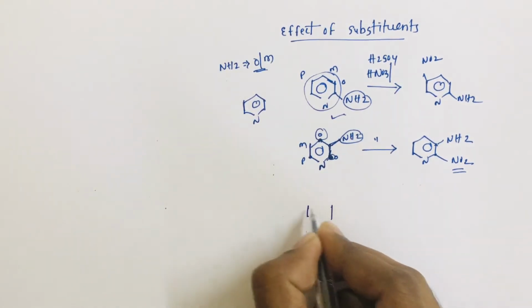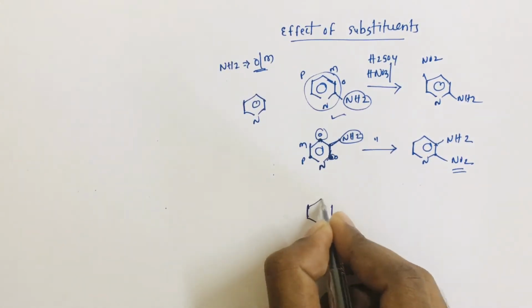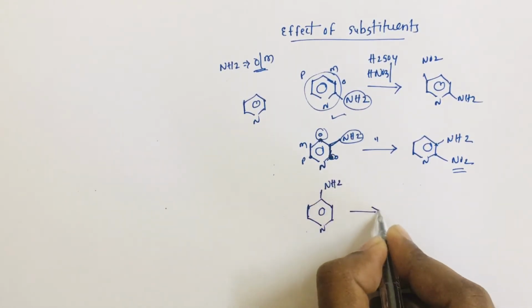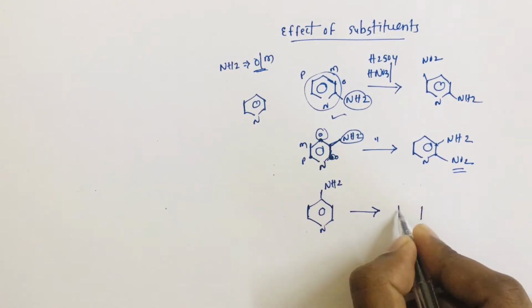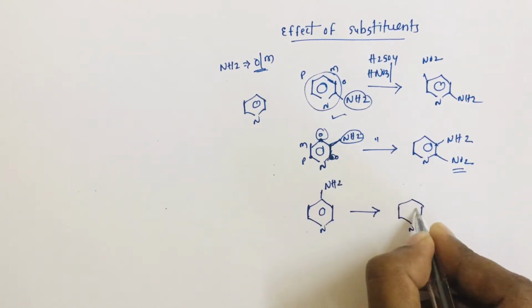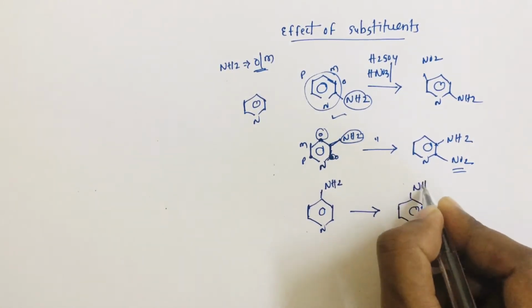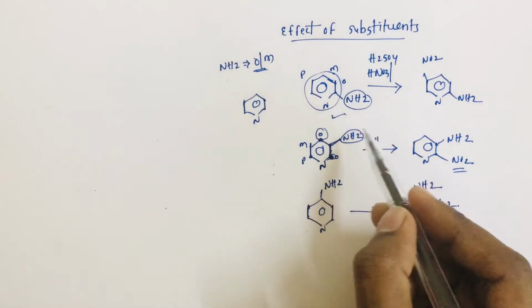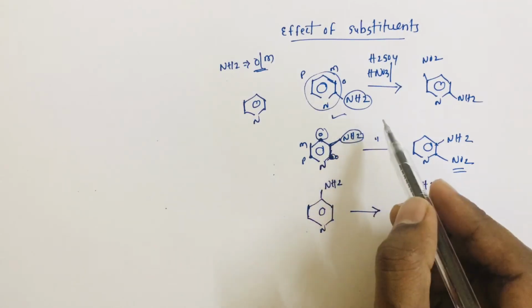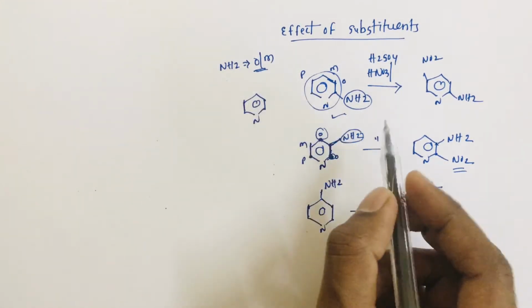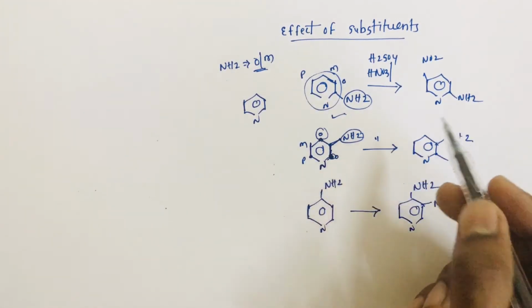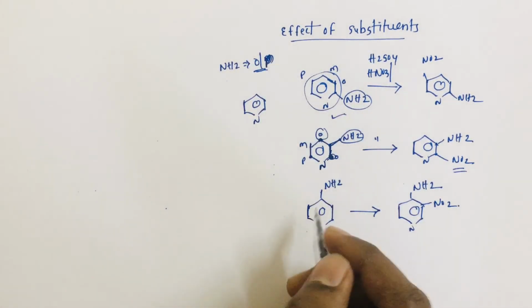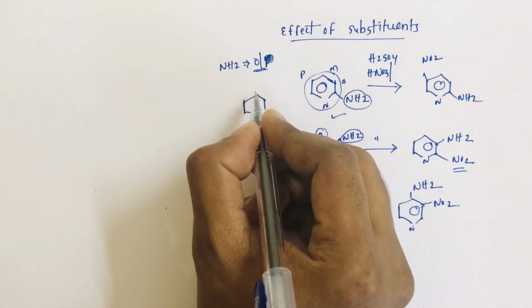And now we have NH2 at the 4th position. So here the product will be this one. So when we have an amino group, NH2 group, in such cases the product goes to the ortho and para positions. And when we have a methyl group like this,